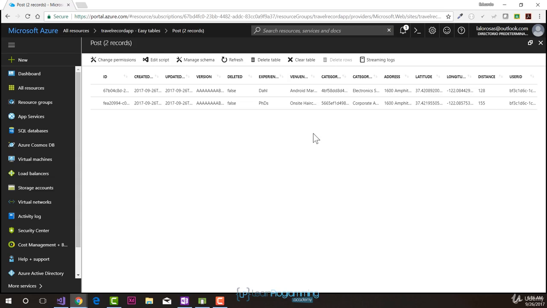So back in the Azure portal, we can see how indeed both elements were inserted. The first time we saw an error because of the ID. Notice that the ID is always set to a string, not an integer. And we had an integer property, that's why we got an exception. But the insertion was successful. It is in here that we selected some element. We have the venue name, we have the category ID, we have the category name, the address, latitude, longitude, distance,